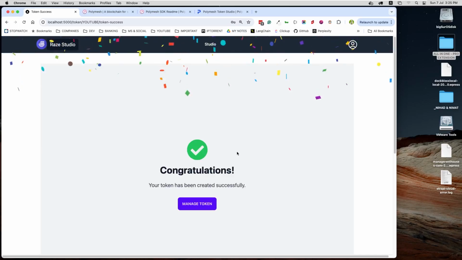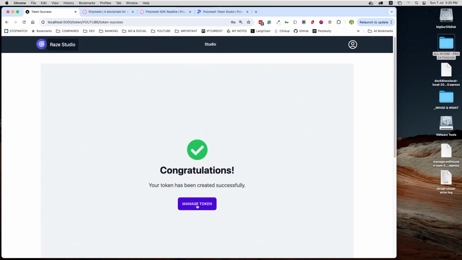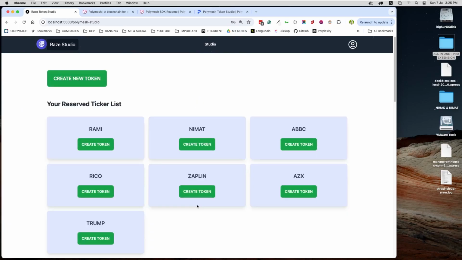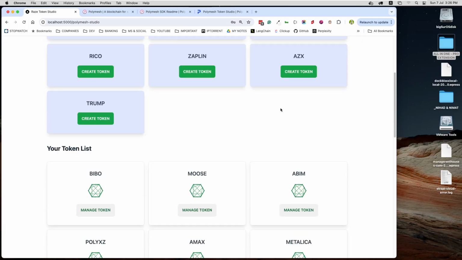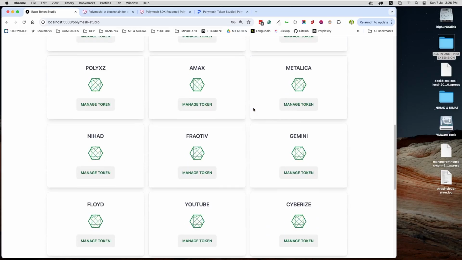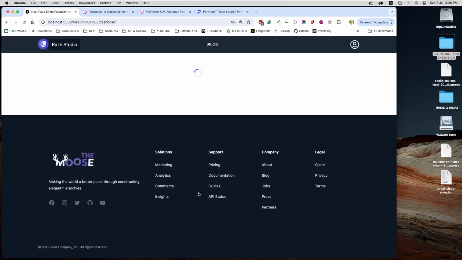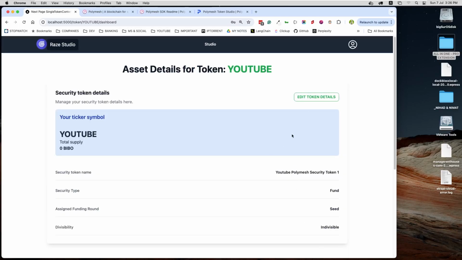And boom, it gives me congratulations and all the confetti being dropped. We can click on Manage Token. Come here. See, now it's no longer here. The YouTube is not here because it's no longer just a ticker. Now it's showing up right here. We have just created our Polymesh-based security token, and I can hit this to manage the token, and I have all the details here on this token, which we can edit. See, this is now seed funding as the assigned